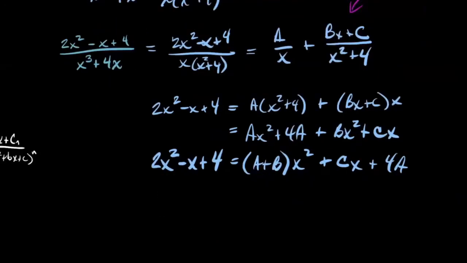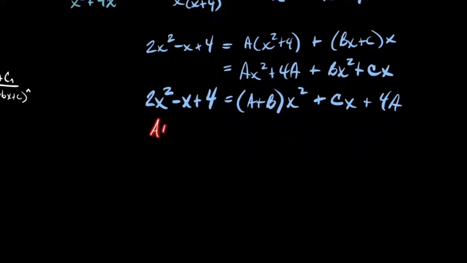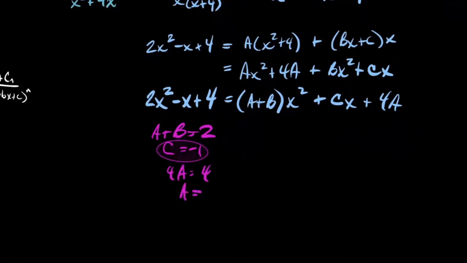So if we solve for these, we know that a plus b is equal to 2. We know that c is equal to -1, and 4a is equal to 4. So c is -1. That's good. A must be +1. And what does that mean for